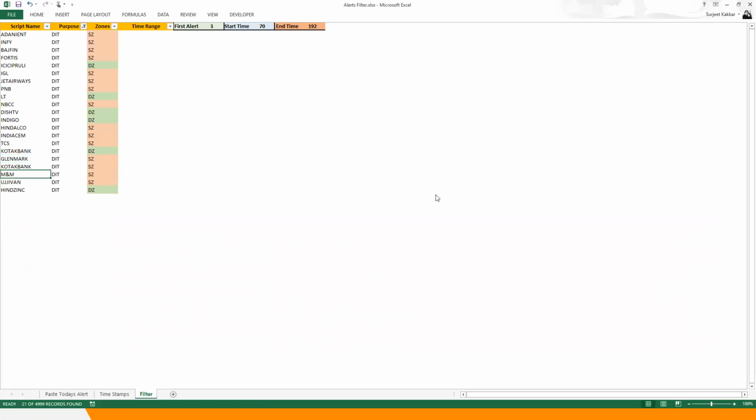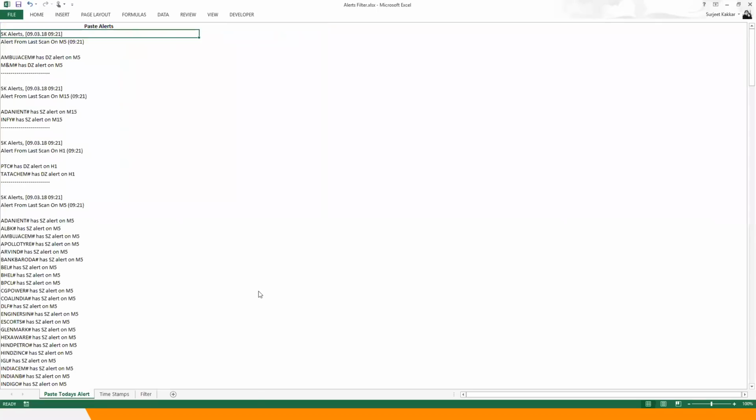But if I ask you, I'll be getting a list of a lot of stocks. So let's take randomly TCS, and let's take Kotak Bank, right? So we got an alert for Kotak Bank, and we got an alert for TCS. For TCS we got a supply zone alert, and for Kotak Bank also we got a supply zone alert. So I can also check at what time we got this alert. So if I go to TCS, I can search here